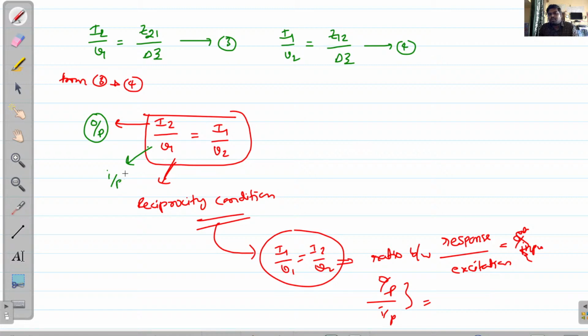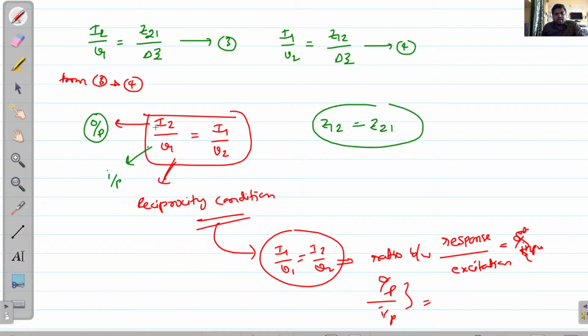Then also it follows the reciprocity condition, right? So I will make it as I2 by V1 equals I1 by V2. మనకి రెసిప్రొసిటీ కండిషన్లో సోర్స్ అండ్ లోడ్ని ఇంటర్చేంజ్ చేసేసి సెకండ్ పారామీటర్స్ని కన్సిడర్ చేస్తారు. I2 V2గా తీసుకుంటాం. బట్ ఇక్కడ పోర్ట్ 1 పోర్ట్ 2 ఎట్ ఎ టైం కన్సిడర్ చేస్తున్నాం కాబట్టి I2 by V1 equals I1 by V2 అయితే అది రెసిప్రోకల్ నెట్వర్క్గా బిహేవ్ చేస్తుంది. Z12 equals Z21 అయితేనే అది పాసిబుల్ అవుతుంది, right?